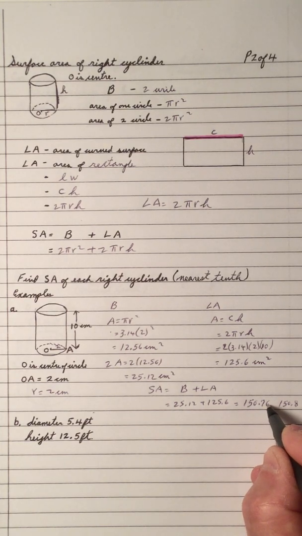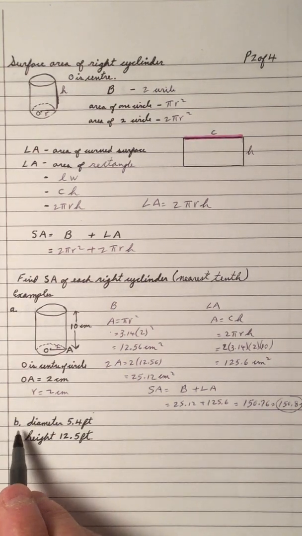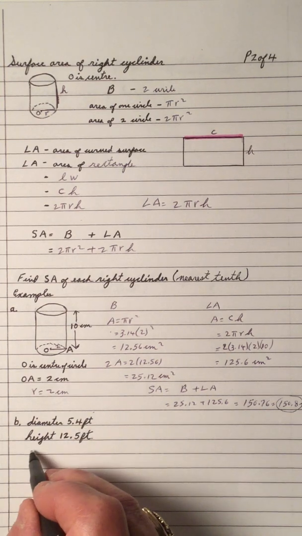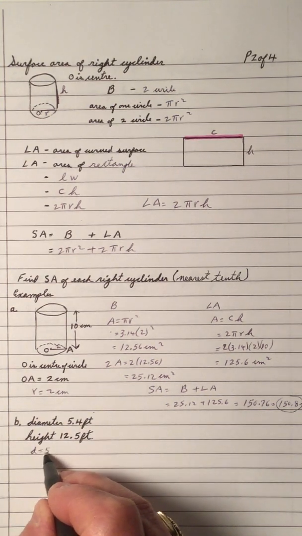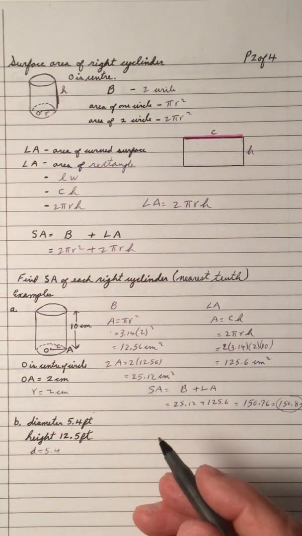The digit to the right is 5 or greater, so we add 1 to the 7, so it's 150.8. The answer is 150.8 square centimeters. And let's do the second one. We have a right cylinder with a diameter of 5.4. So if the diameter is 5.4, in relation to a cylinder, we need the